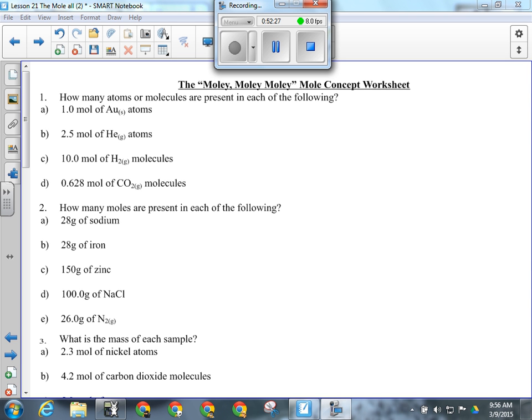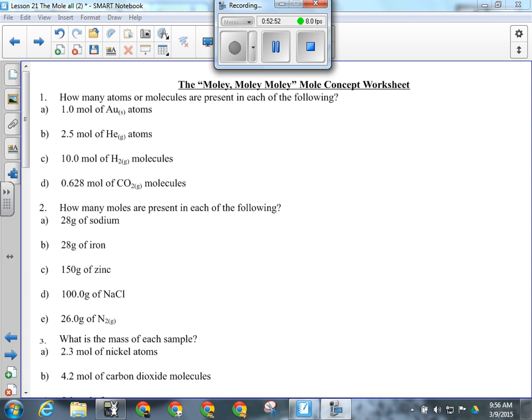Wow, I was really hoping for that answer to be really immediate. 6.02 times 10 to the 23. Because that's how many atoms of anything are in 1 mole. 1 mole is 6.02 times 10 to the 23. If I have 1 mole of anything, that's how much I have. Now,